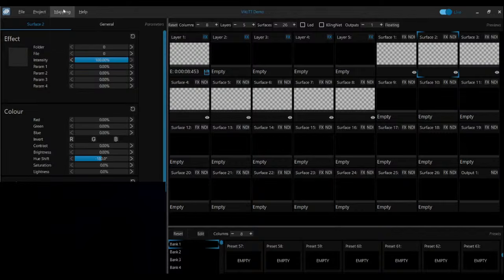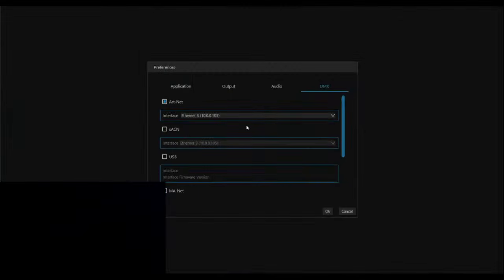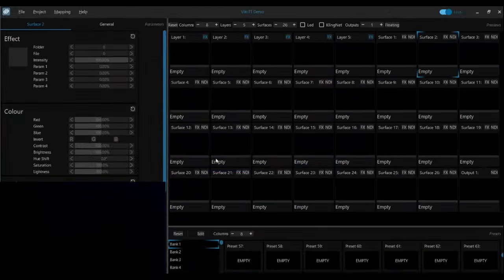Maybe we do this through MediaMaster because I had it already set up there. I didn't get this far in my testing yesterday. So let's put ArtNet back on. And let's see what kind of damage we can do with MediaMaster. So let's go to